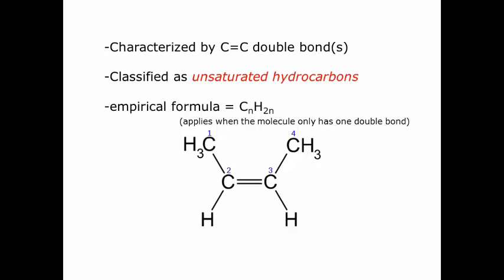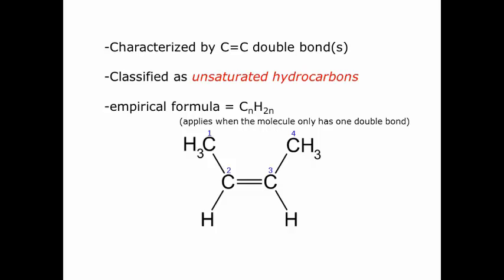An alkene is also classified as an unsaturated hydrocarbon. I'll explain that by looking at the empirical formula. You'll notice that the empirical formula is CnH2n. With an alkane, the empirical formula was CnH2n+2. So an alkene has fewer hydrogens as a result, and because of that, it is considered an